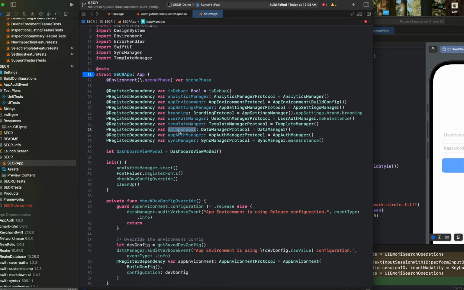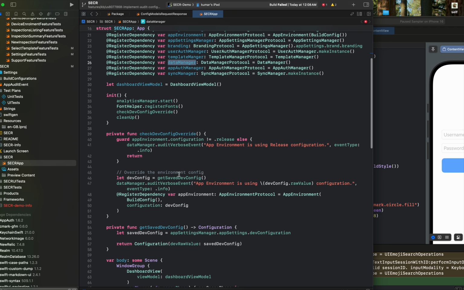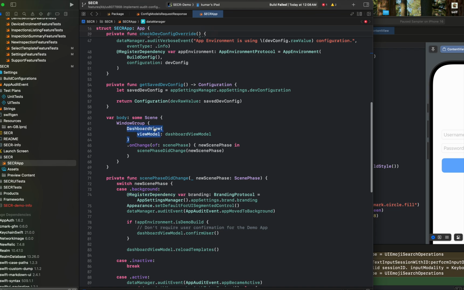Data manager in between would be depending on other values, so this saves us from creating complex dependencies. In fact, it makes the system go with the dependencies. Once we have the dependencies set,